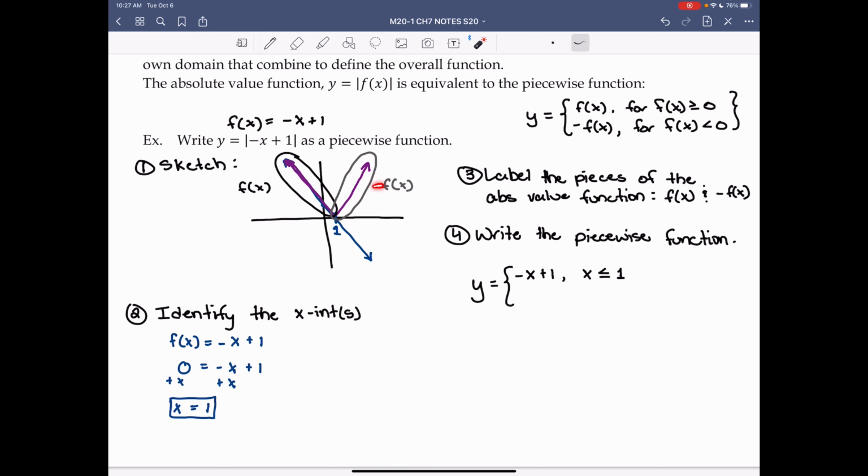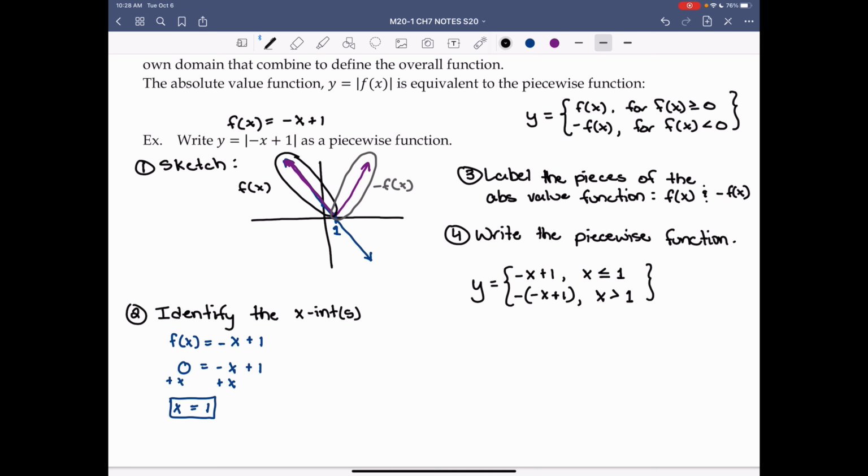The negative portion, this portion here, this is the reflection of this part of f of x. So it's negative f of x, which is negative bracket negative x plus 1. So you just put your f of x in brackets and you put a negative in front of that. When is that defined? What x values is that defined for? Well, we want to look at our x-intercept again. The portion of the original function that is below the x-axis is to the right of the x-intercept, which is 1. So when x is greater than 1,